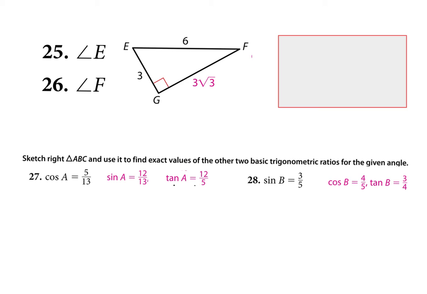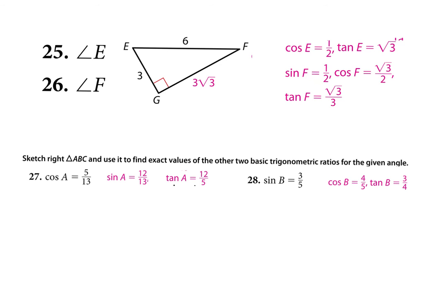So if you were looking at angle E, 6 would be the hypotenuse, 3 square root of 3 would be opposite, 3 would be adjacent. If you were looking at F, hypotenuse would of course still be 6, but opposite would be 3 and adjacent would be 3 square root of 3. And so you should have gotten,